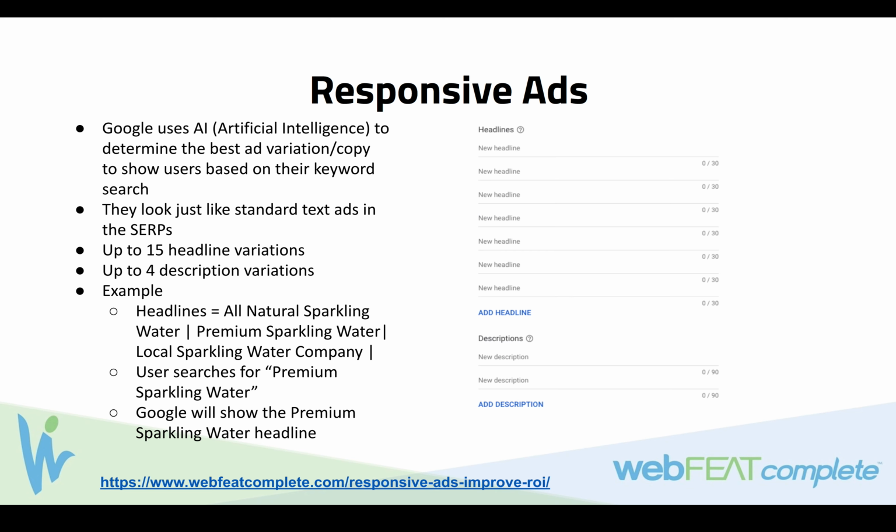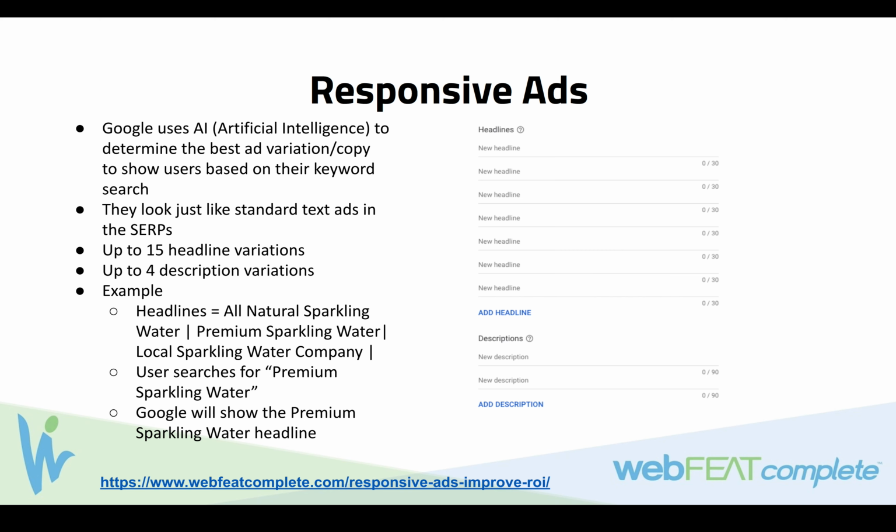Next, you have responsive ads, and these show up just like standard text ads, but the back end and how they're set up is a bit different. So with the responsive ads, Google actually uses its AI or artificial intelligence to determine the best ad variation and ad copy to show users based on the keyword they use to search. So how it works is you give Google up to 15 different headline variations and up to 4 different description variations. And depending on what a user searches for within Google search,